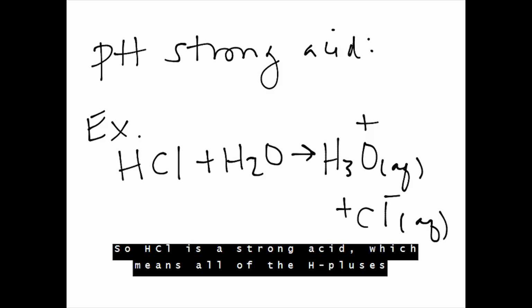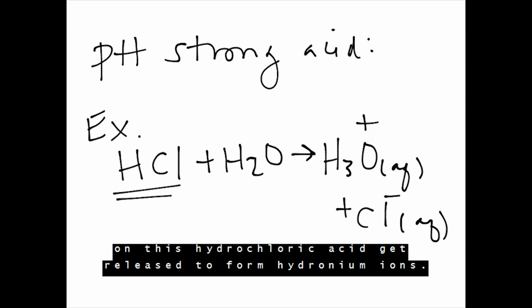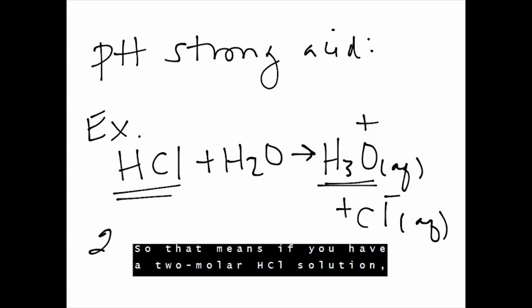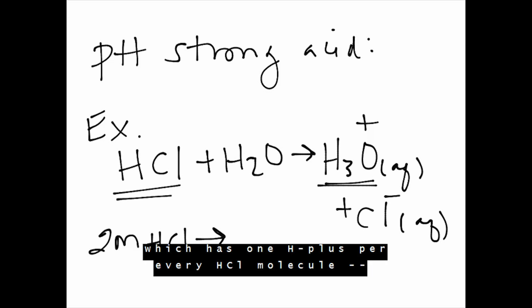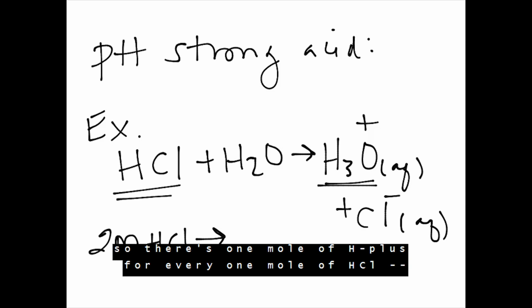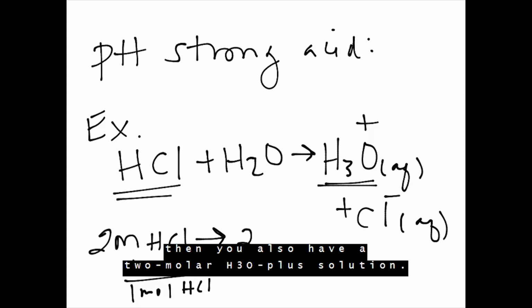So HCl is a strong acid, which means all of the H pluses on this hydrochloric acid get released to form hydronium ions. That means if you have a 2 molar HCl solution, which has 1 H plus per every HCl molecule, so there's 1 mole of H plus for every 1 mole of HCl, then you also have a 2 molar